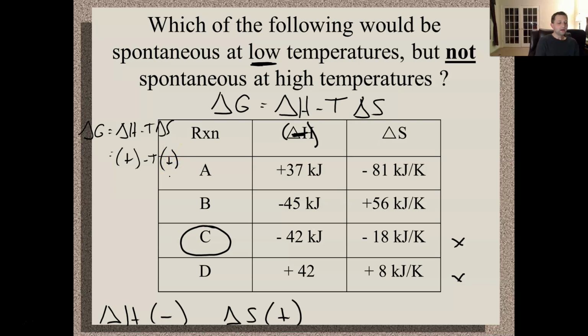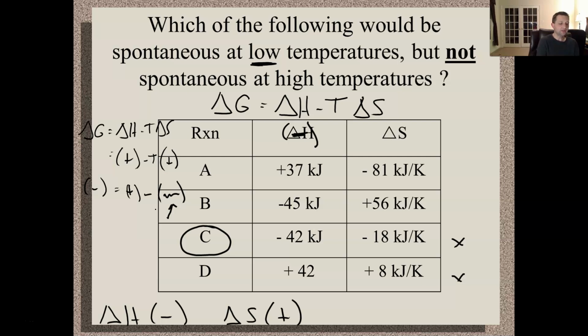Okay? What we want here for delta G is obviously a negative value overall. So we have a positive value for delta H, minus T times a positive value. So you're going to be subtracting another positive value here. You want this value, that squiggle, to be really big, right? If you have a positive number minus a big positive number, like 42 minus 300, you're going to get a